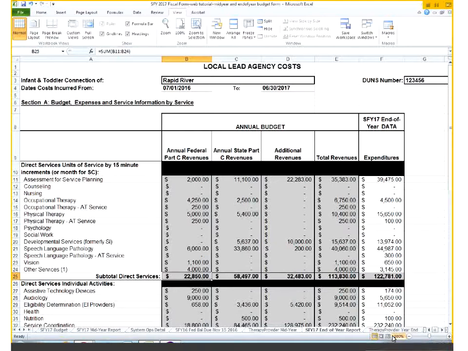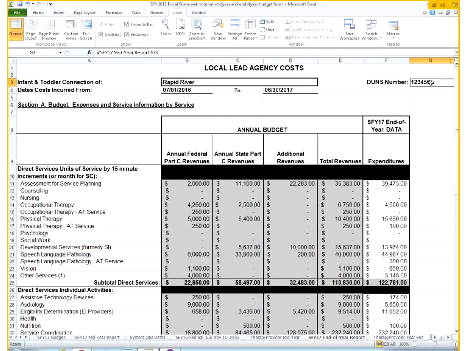So once again, just like we talked about in the mid-year report, the infant toddler connection office name is going to be pre-populated for you along with the DUNS number. You will need to type in the dates the costs are incurred from. And so since this is the end of the year, we're going to want to do that 7/1 date to the 6/30 date. And then, of course, your year is going to depend on what fiscal year you're reporting on. And so for this fiscal year's purposes, we have 7/1/2016 to